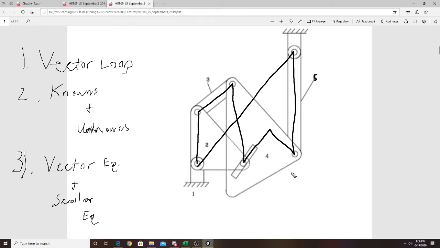So, if you did something like that, I'm not saying you couldn't do it, but it might not be worth your time. What I mean by that is you might find that there are a lot of unknowns, and you might have to get a bunch of new equations to solve for, because as you can see on here, there's no rolling contact equation, so you're not going to get bailed out by that. You're not going to get bailed out by having one extra equation now, so you'd have to come up with all those extra equations yourself to solve this in one vector loop. Or,